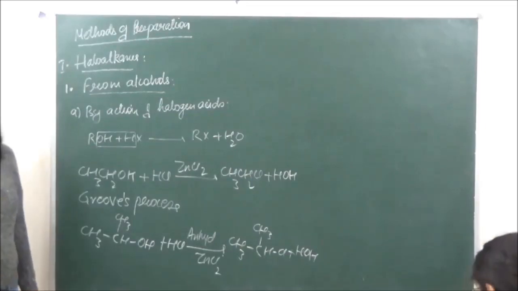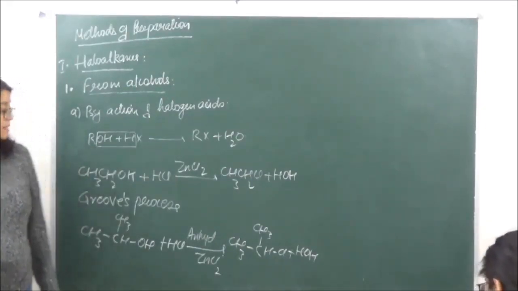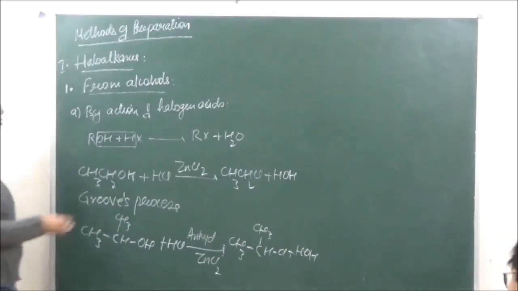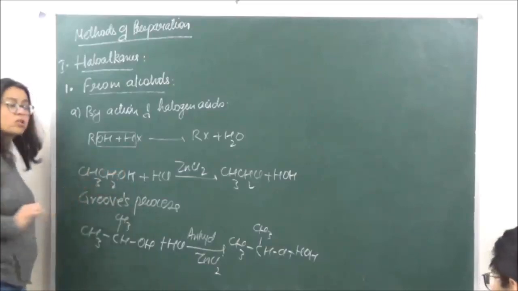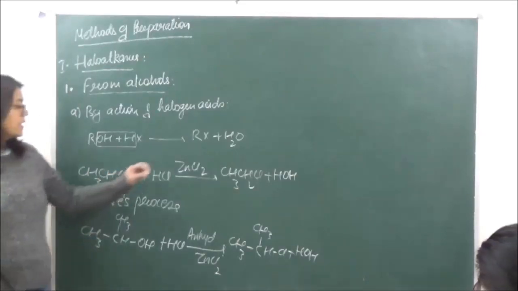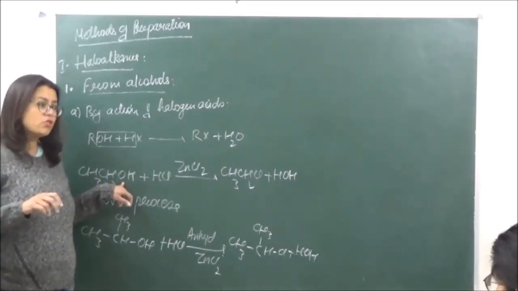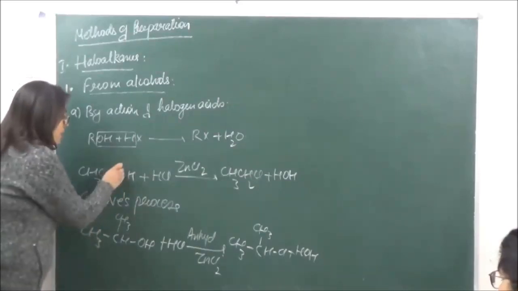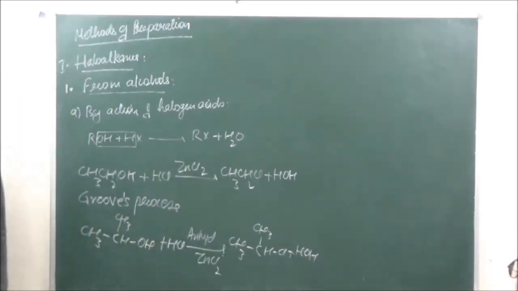What is the purpose of zinc chloride which we are taking? Now in this case, the zinc chloride helps to break the bond between the carbon and oxygen. Okay? So that is going to be this thing. It helps in breaking the bond between carbon and oxygen, as a result of which the cleavage can take place from here and the halogen can easily attack.